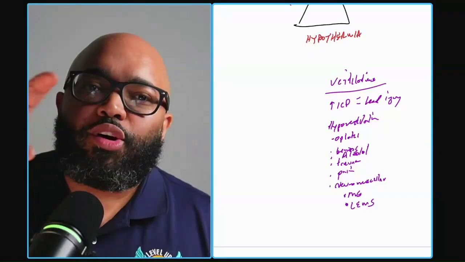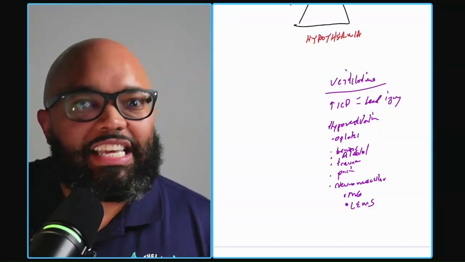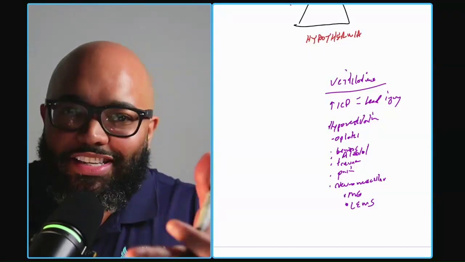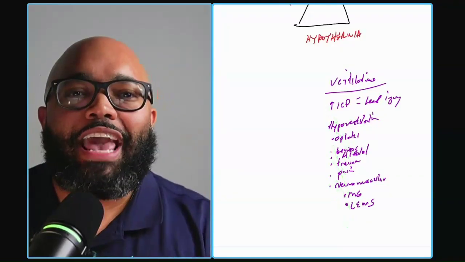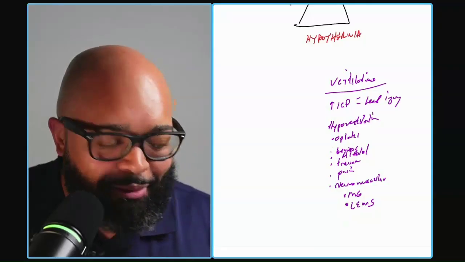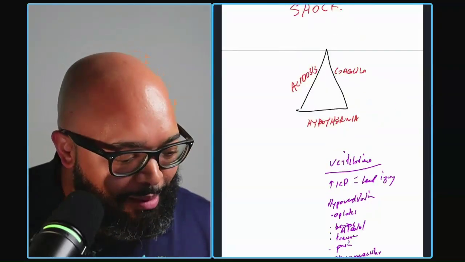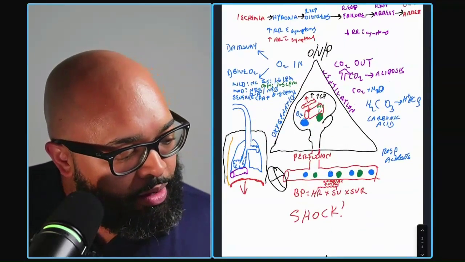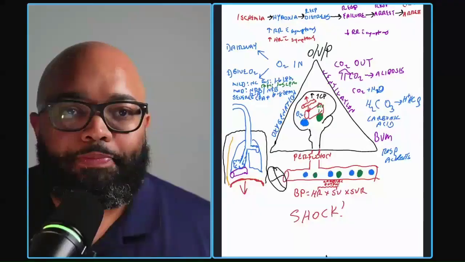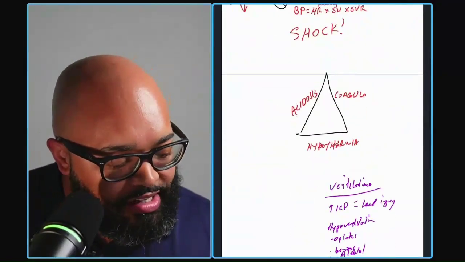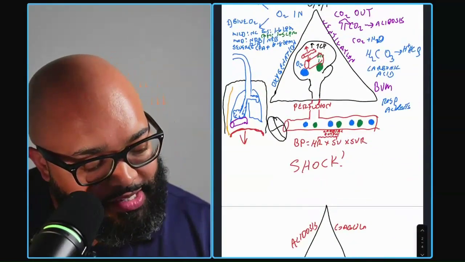If you focus on all the details, it's easy to get tripped up. But these are just details. What's the actual problem? Oh, it's a ventilation problem. What's my fix for a ventilation problem? BVM. All right, airway adjunct. BVM. So in all of these situations, do we use BVM by itself?